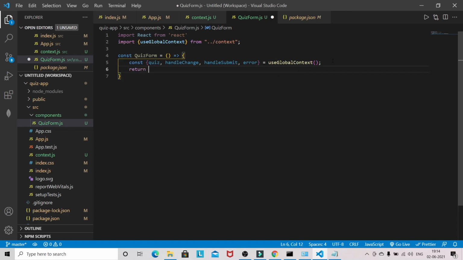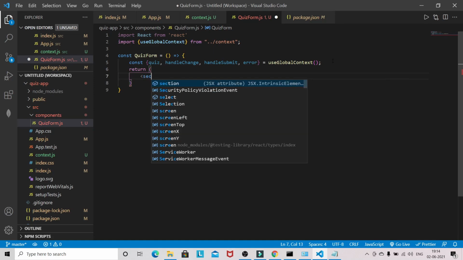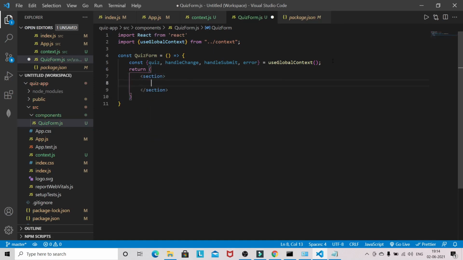Now return a quiz section, and I will give the class name quiz small. I will show you the external styling also once I complete this form component.